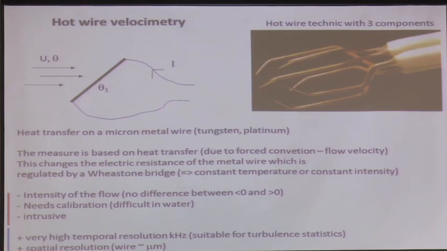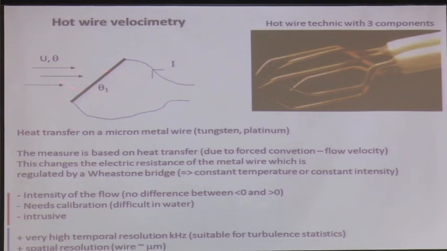You know, you have a law like R I squared. This is the energy dissipated by Joule effect with an electric current within a resistance. So this is going to generate heat in your metallic wire, and this heat will be released to the fluid